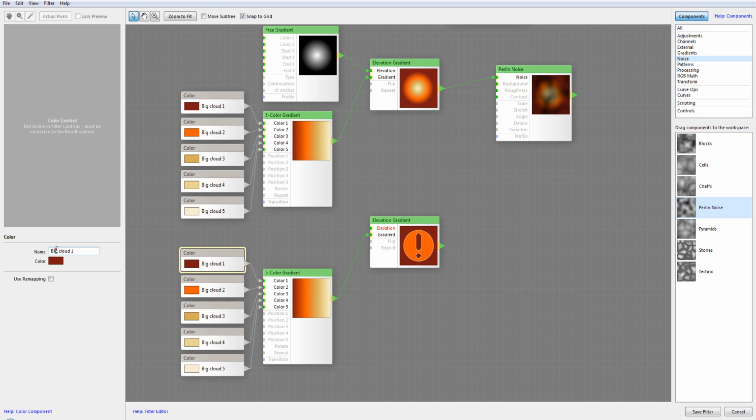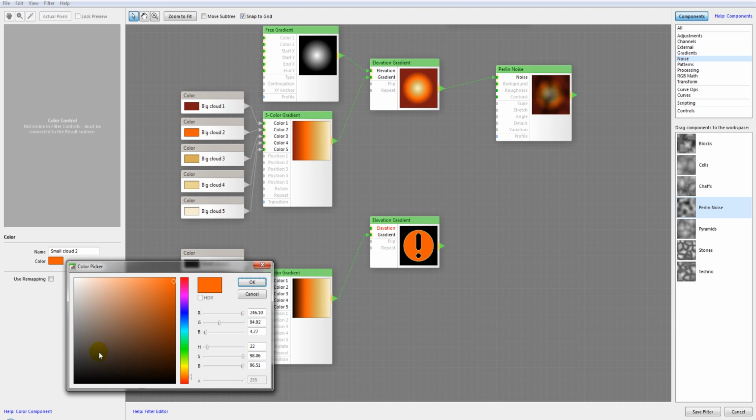However, now I need to modify the small clouds. Let me go first over naming, and then we can go inside and modify some colors for this. Okay, so here we have it. So we modify it. At this point, I want to change some coloring, and for this, actually, I want to just go and set